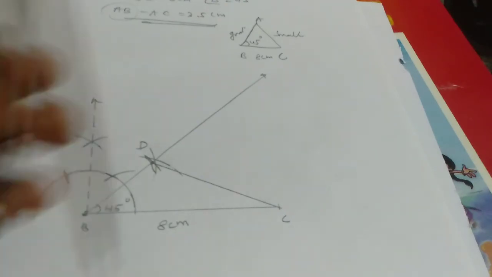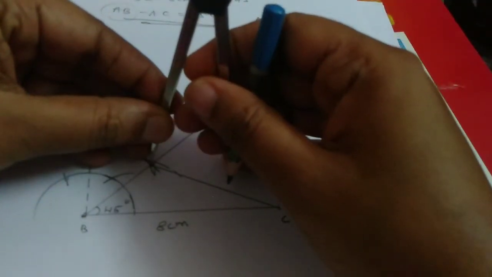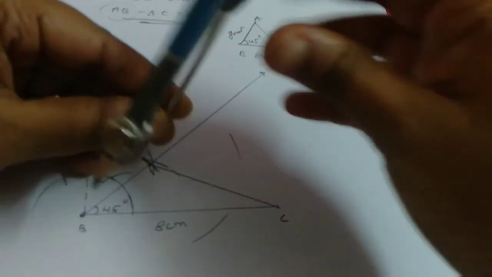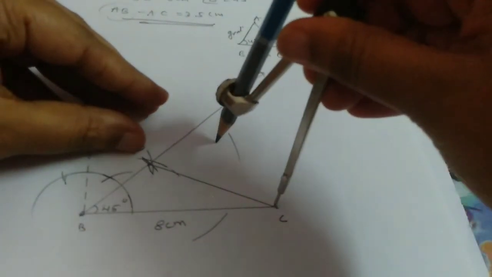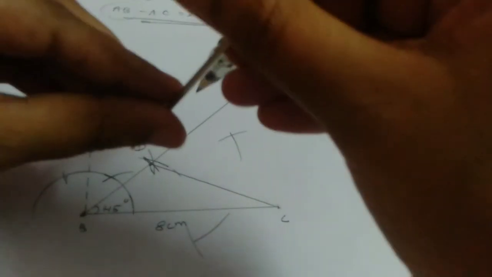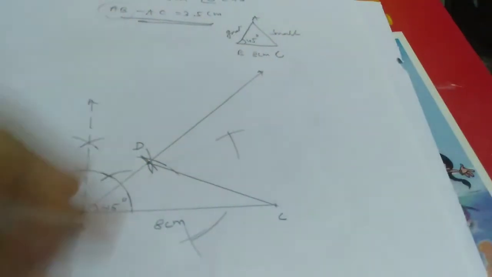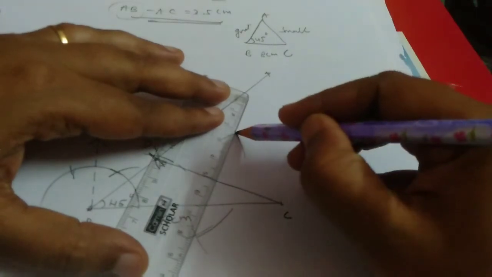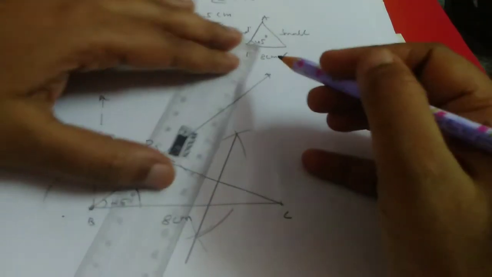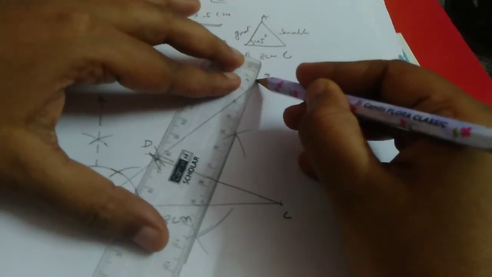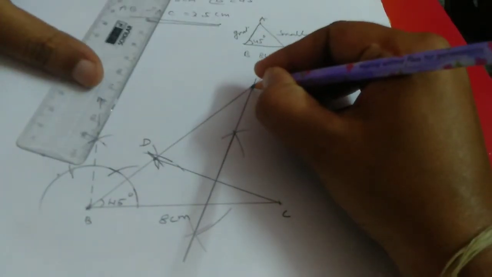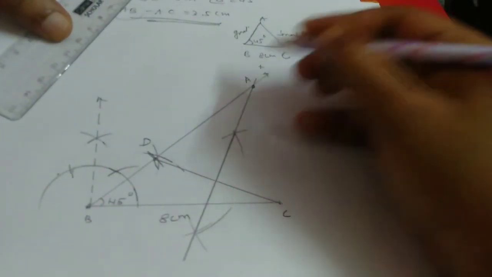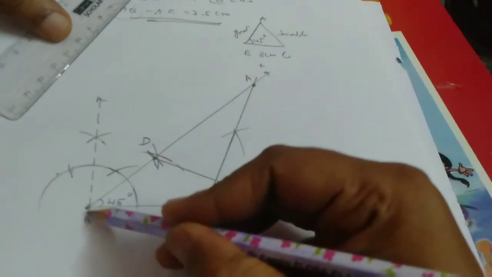On this line segment you are going to draw one perpendicular bisector. That means take more than half and draw the arc like this. From D and C, draw one arc. So now join these two. You should extend this arc until both are touching. This is the BX ray, and the point where they touch is A. Okay, this is A, this is B.